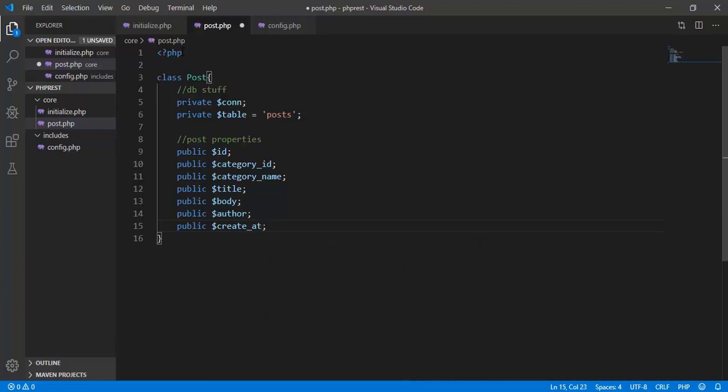So there you go. And of course we need to initialize this class or particular class by using the constructor